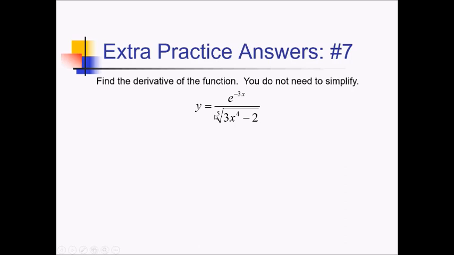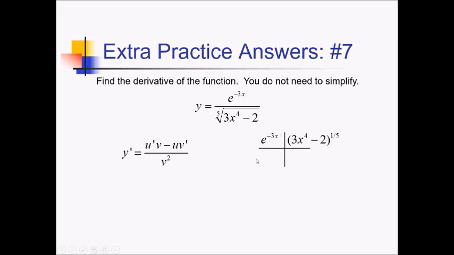To take the derivative of this quotient, I am going to use none other than the quotient rule, u prime v minus uv prime over v squared. Let's set up the box and ribbon to help organize all that. So I have my numerator, e to the negative 3x. Denominator, which I'm going to rewrite as 3x to the fourth minus 2, all of it raised to the 1/5